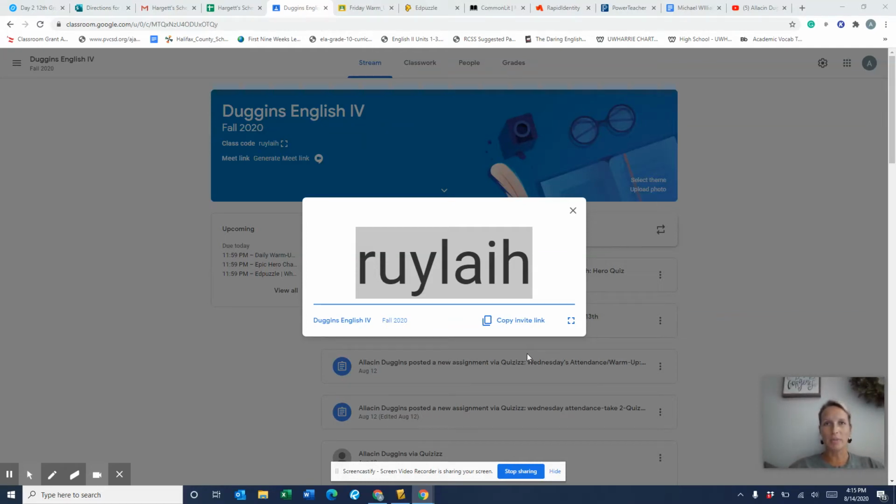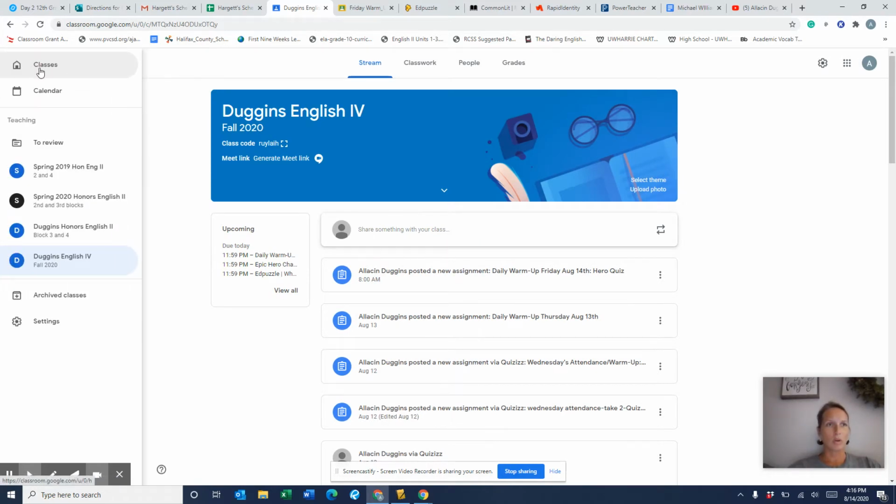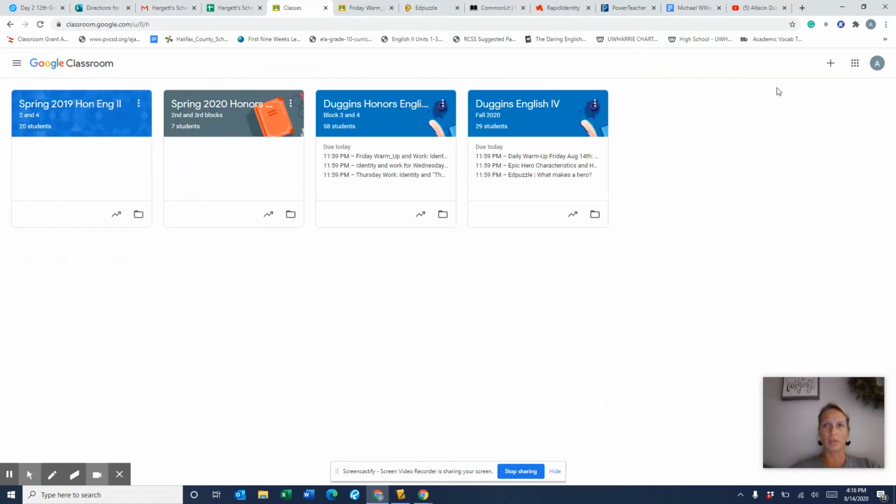I wanted to take a couple minutes and show you some of the things that you're going to need to know to sign up for the links and the places that we get all of our stuff. So the first thing that you're going to see on your screen is Google Classroom, and here is the class code for Google Classroom. I'm sending this in the letter that is going to your email, but if you will copy this class code and when you go to Google Classroom, you should see something that looks similar to this,